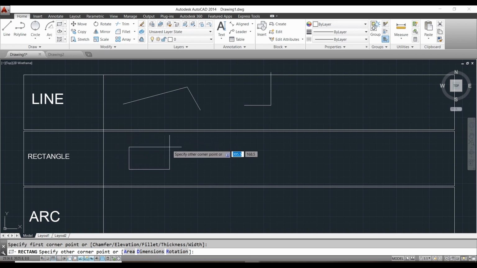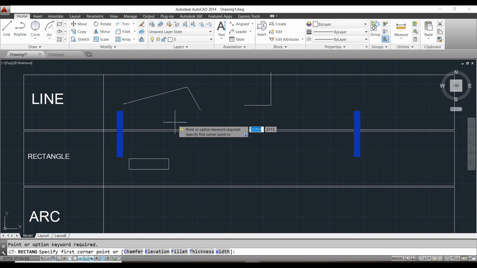For example, I need a rectangle of length equal to 300 mm. So I type 300, then press the tab option. Now I need the height of the rectangle as 80 mm. So I write 80 here and click enter. So I have got this rectangle.